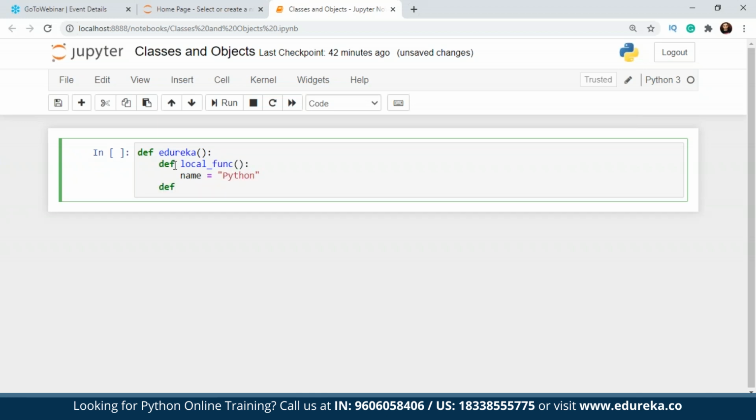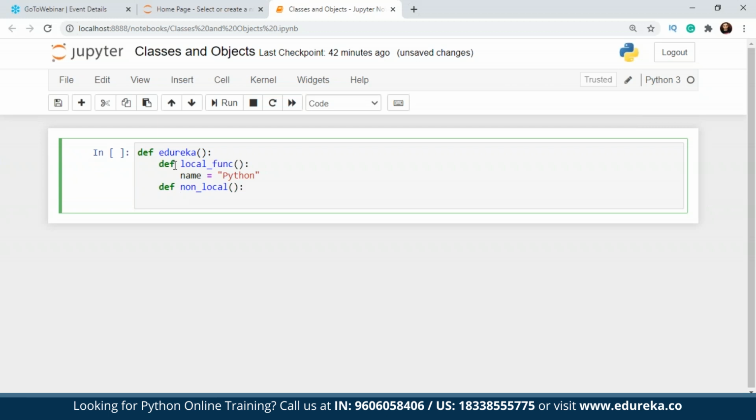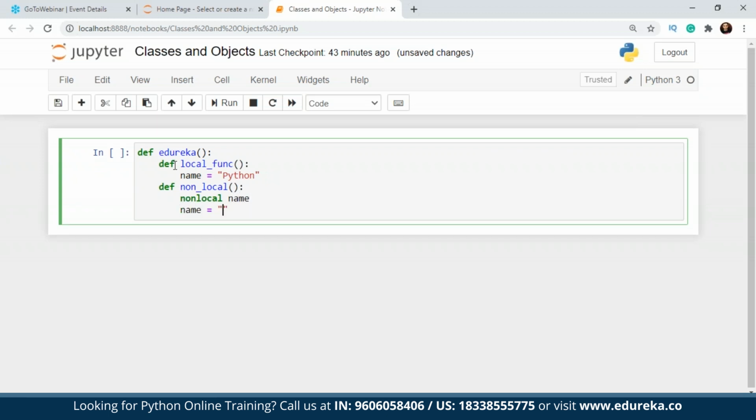Then again, we have one more function, which is going to be non-local. The whole point is to show you what all different types of scopes we have. There is a local scope, then a non-local and non-global scope mainly enclosed in a function scope. After this, we have global scope, and lastly, the outermost scope, which basically has built-in names. All right, guys, so this is non-local. I'll have to use the nonlocal keyword here. After this, give it some value, let's say